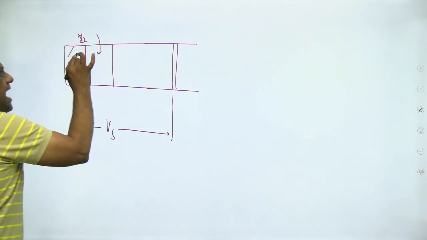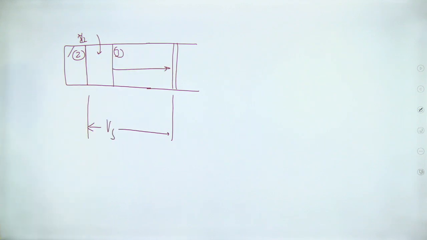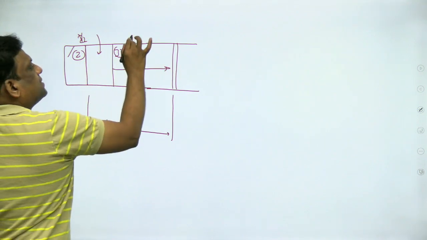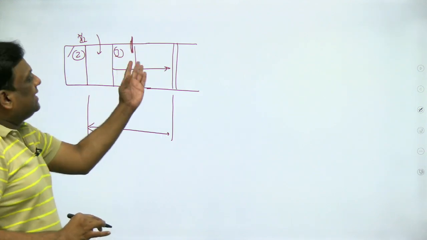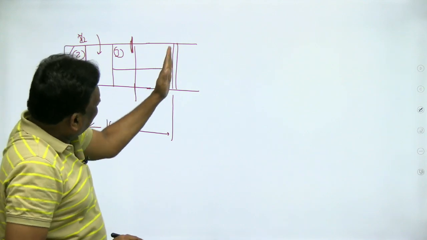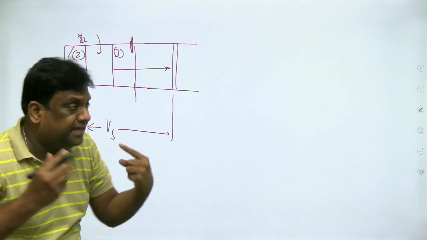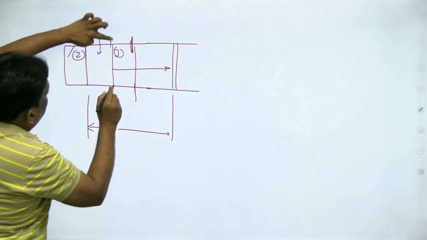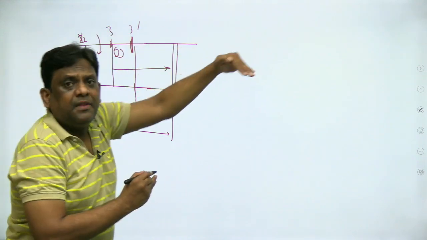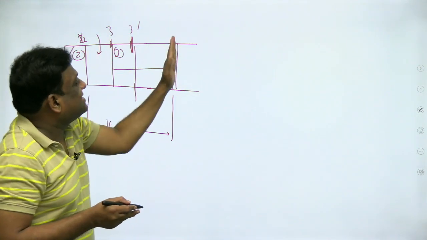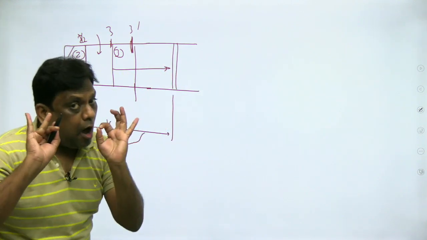Let us say we are adding heat from 2 to 3. So this will be the expansion. No problem. But when you are adding beyond this, the scope for expansion is reduced. So what should happen to the remaining heat? Because you have added more heat, look carefully, the physical meaning is you have added more heat from 3 to 3 dash. So more heat is added, so it will develop more work. But you are not allowing it, this is blocked, this is the dead center, the outer dead center. So as it is blocked, see that concept.